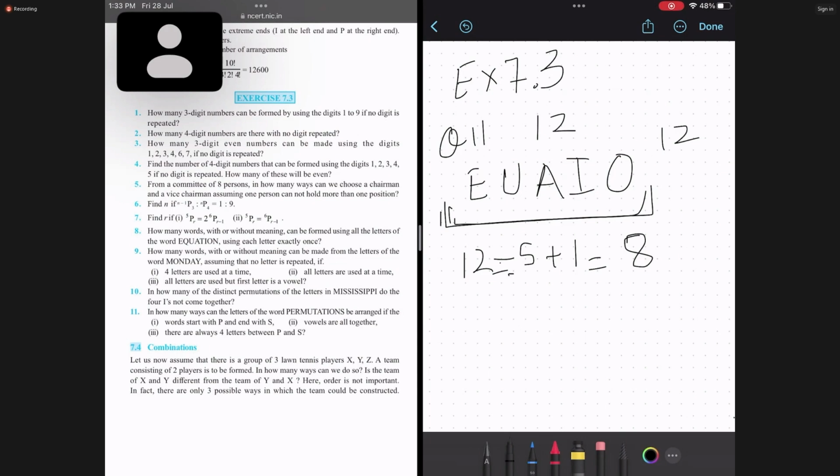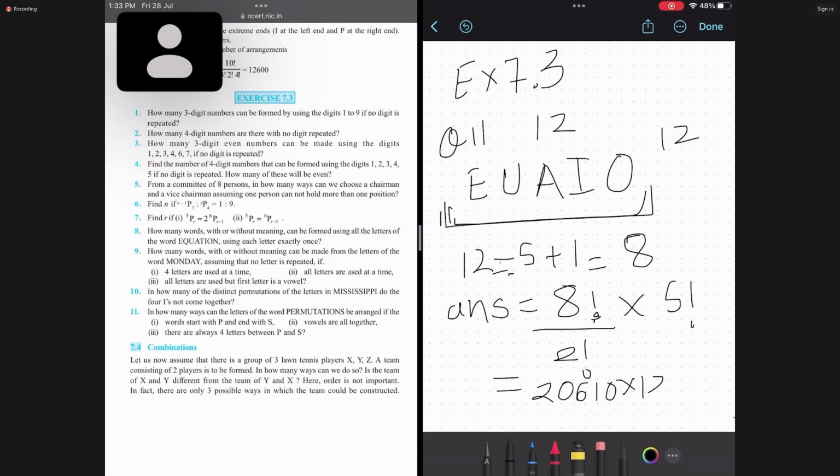But before actually finding out the answer, one thing that we need to keep in our minds is that you can also permute these 5 letters amongst themselves, right? So the final answer that we are going to now get is going to be 8 letters permuted upon the repeating number of letters in the frequency. So we have again 2 T's that are repeating, so we divide that by 2 factorial into 5 factorial, because we need to make sure that we understand that these 5 vowels can also be permuted amongst themselves, right? So the final answer that you're left with is 8 factorial upon 2 factorial into 5 factorial, and that is nothing but